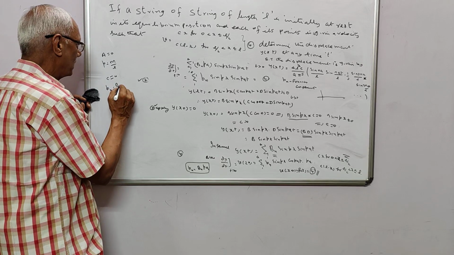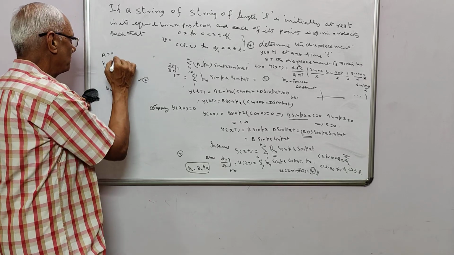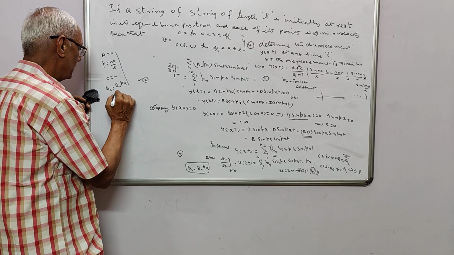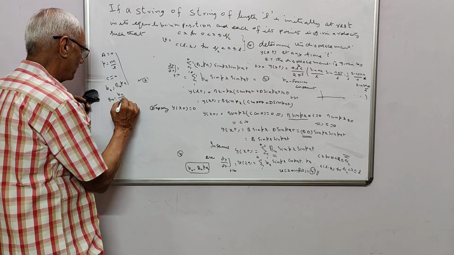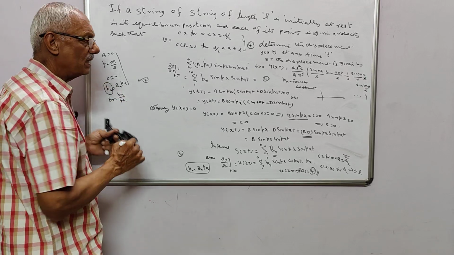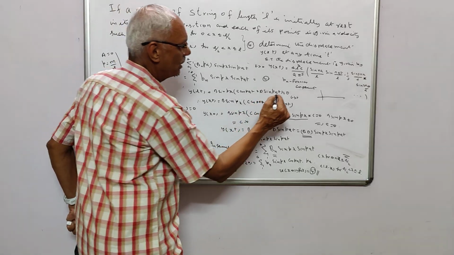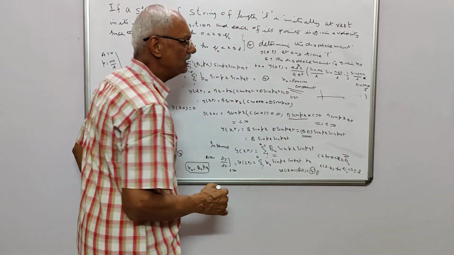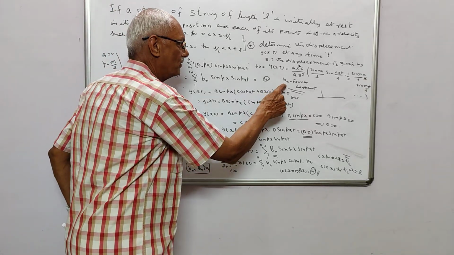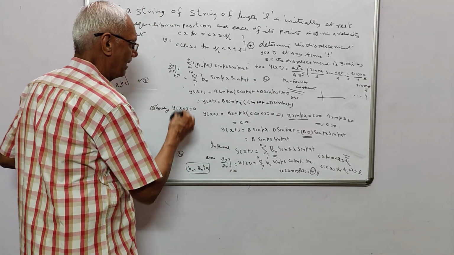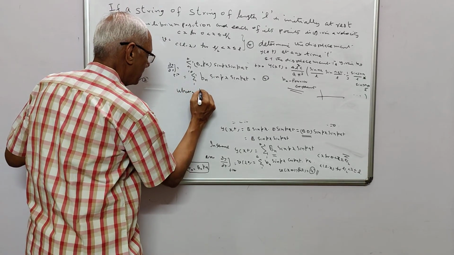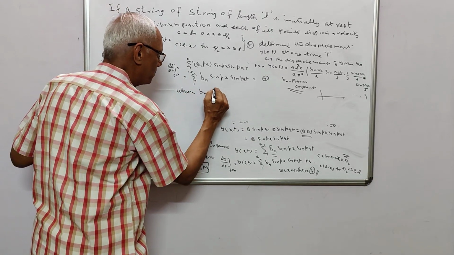Bn is nothing but Bn into Pa, or this Bn will be equal to Bn by P, whatever it is. Now my problem is to find this Bn. Bn is nothing but your Fourier coefficient. Now we have to get the value of this Fourier coefficient. I will write it here, where Bn is equal to